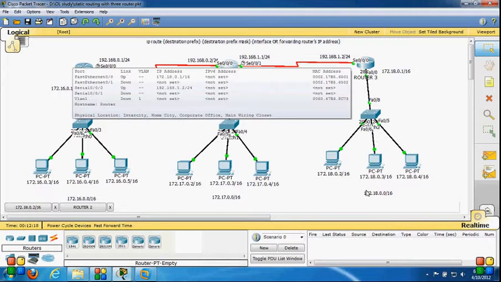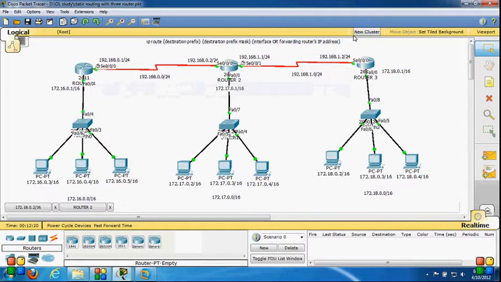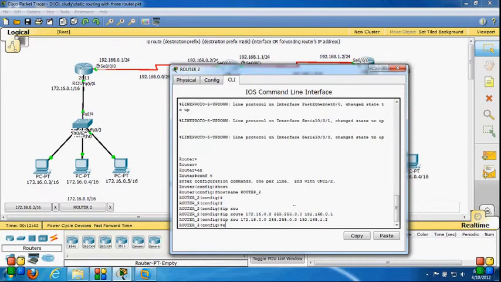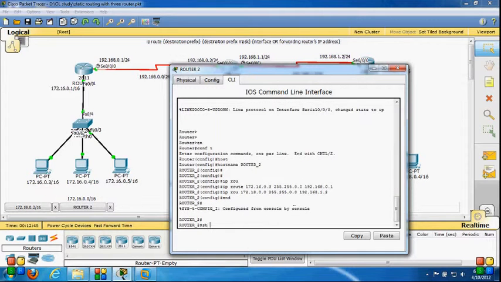If I want to reach this network, I have to go to router 3's serial 0/0 interface, which is 192.168.1.2. So let's configure one more static entry: ip route 172.18.0.0. This is my destination network, and this is the subnet mask of my destination network. The next hop IP is 192.168.1.2. Hit enter, and then let's check the IP table.